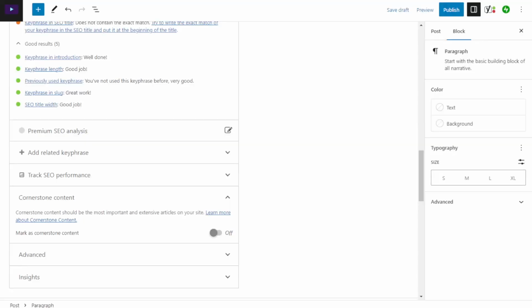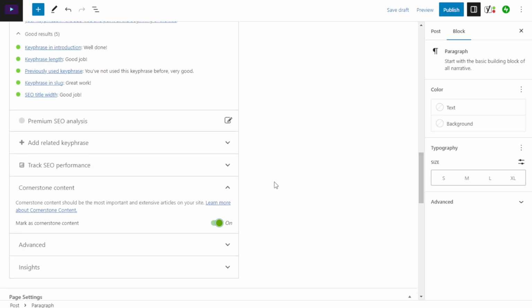So it's kind of like branching off into a whole bunch of other topics that are still relevant to the main core. And in Yoast SEO, it's similar to the Cornerstone content. So when you do have something like that, you would enable Cornerstone. That way Yoast knows to promote this article specifically. And technically, this is going to be Cornerstone because I'm making a list of the best places to create your